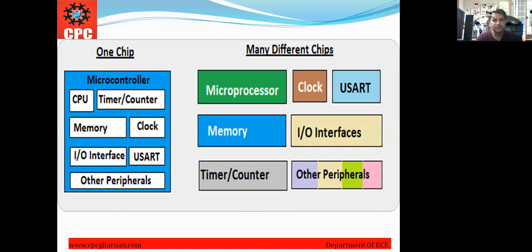Here you can see the major difference between the microprocessor and the microcontroller. Left side shows the microcontroller, which is the single chip microcontroller. All is built in a single chip. And microprocessor, on the other hand, is the processor along with the clock, USART, input output interfaces, other peripherals, timer, counter, memory, but externally added with it, which will form a microprocessor.